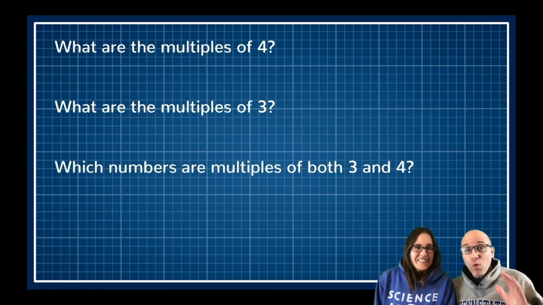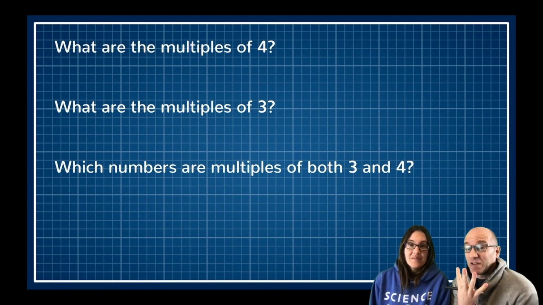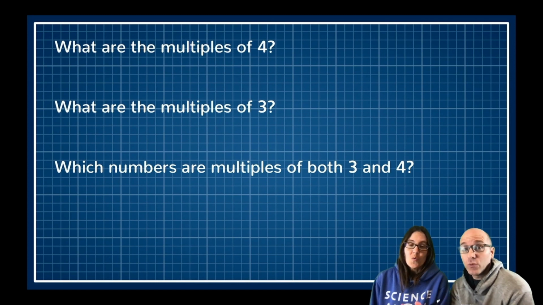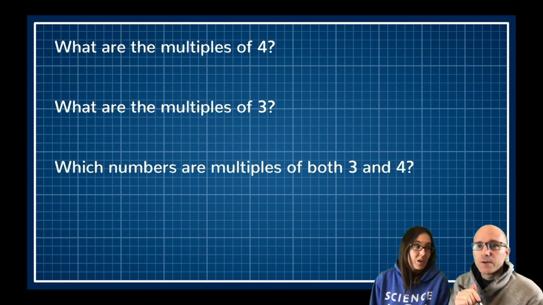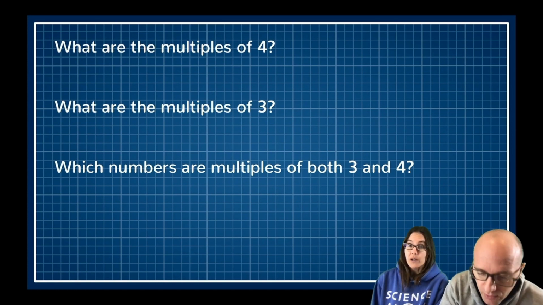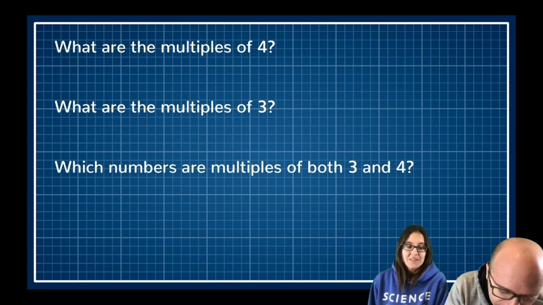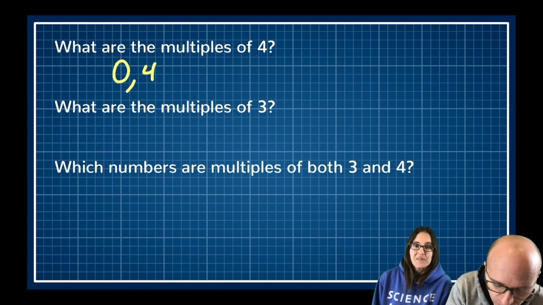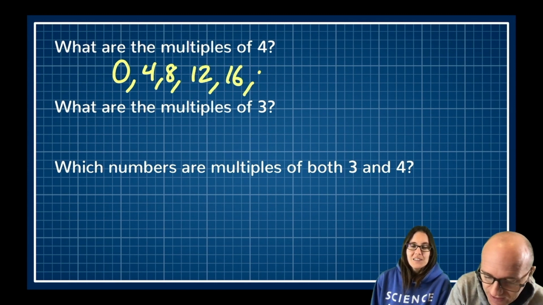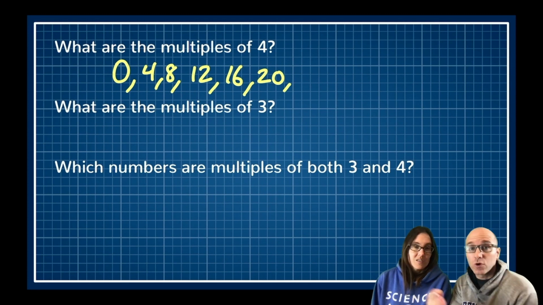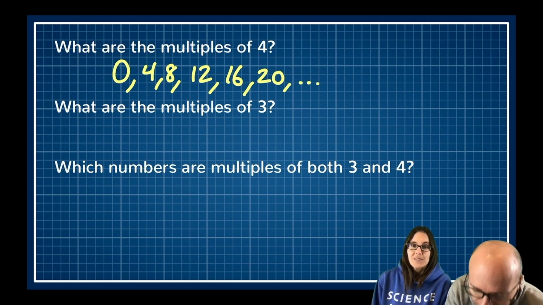All right. What are the multiples of 4? Basically, if we wanted to count by 4s, what are the numbers that we could get? Those are multiples of 4. So 1 and then 4? Not 1, actually. We're just going to start with 4 and then 8. We could start with 0 if we want, but then 4, then 8, 12, 16, 20, and this list will go on and on. I'll just put a dot, dot, dot here.